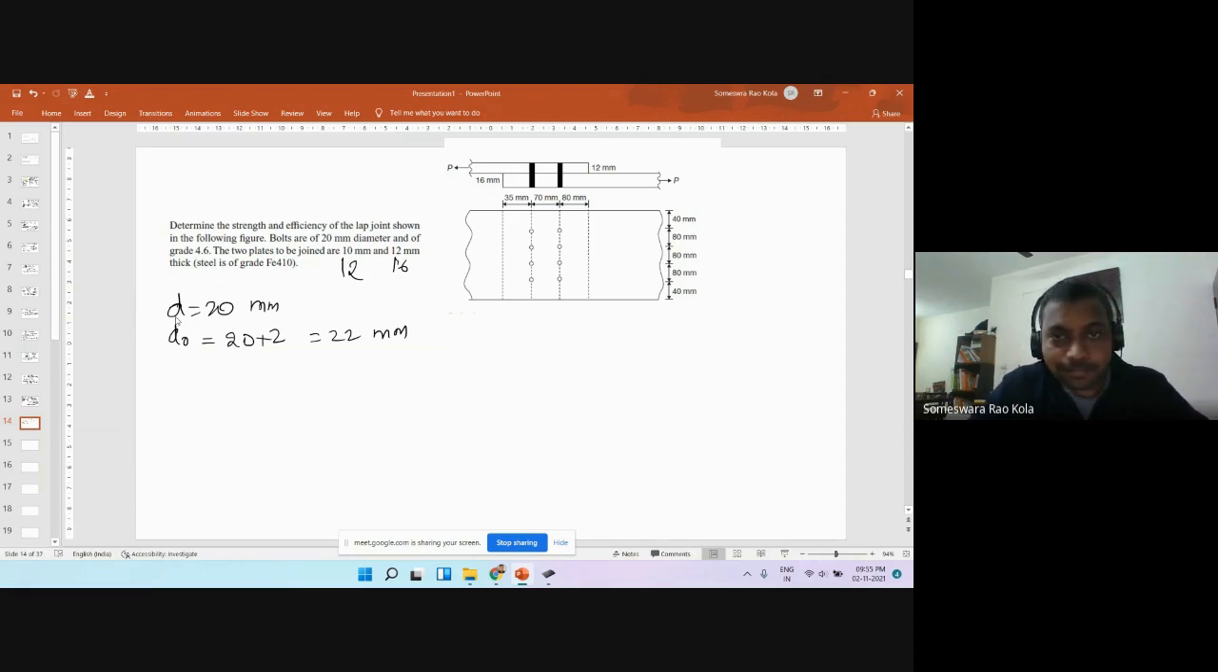Now, we are asked to find out the strength. In order to find the strength, we should find the bolt value and then multiply it by the number of bolts that we have, 8. So let's find the bolt value, or the general strength of the bolt. To find the bolt value, we should find the shear strength, bearing strength, and the tensile strength. So the shear strength will be